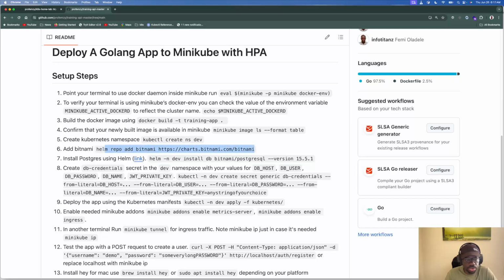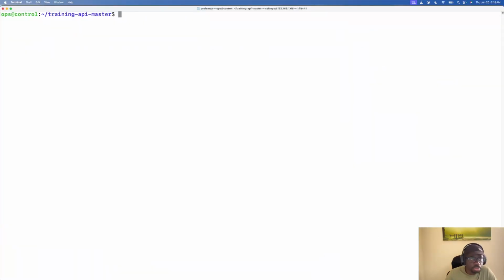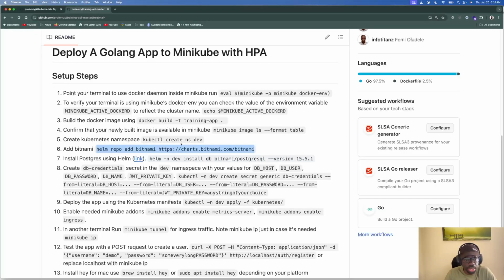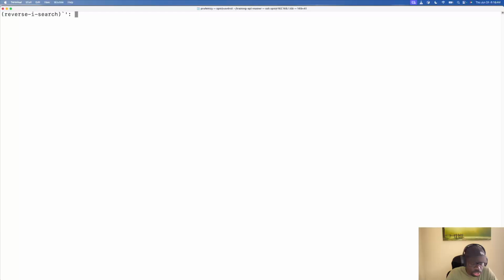So I'll add that repo in Helm. And I think I've already added it, so it's there. And then the next thing is really to just install or deploy the database. So I can do install. Yes, so I'll call it DB for the release name